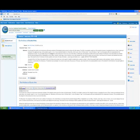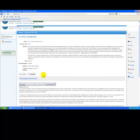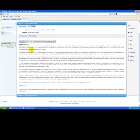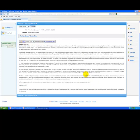So here we have a link to the left for a HTML full text version of the article. Sometimes you can find the full text article on the actual page if the article is short enough, but just to be on the safe side, let's go ahead and click the HTML full text link. Now, as we can see here, we have the whole article right in front of us,